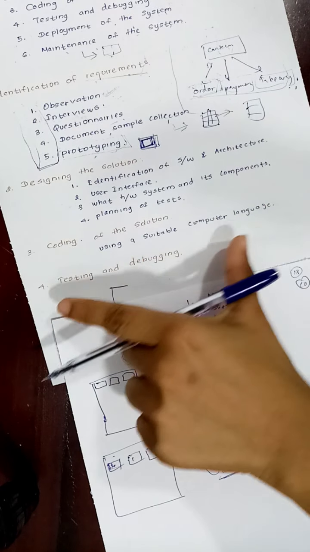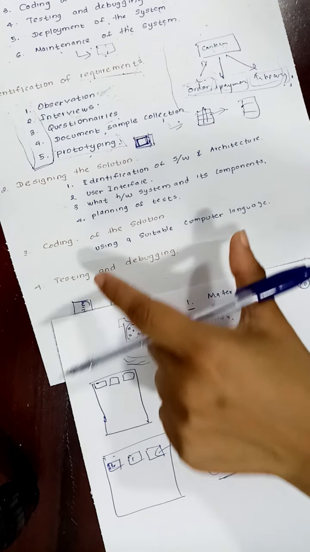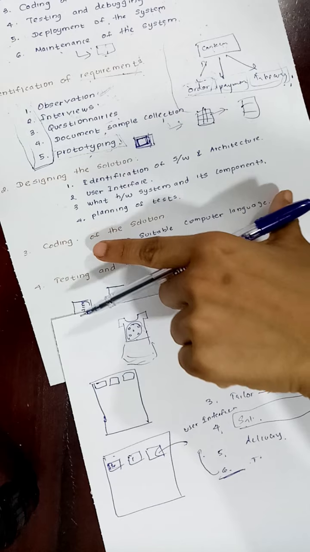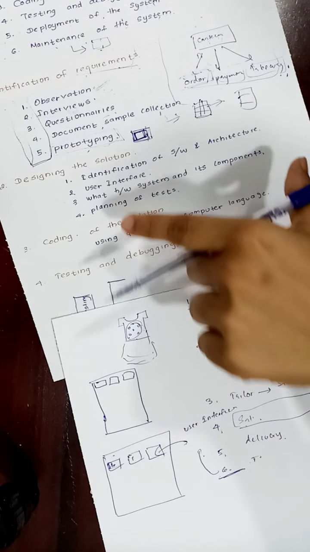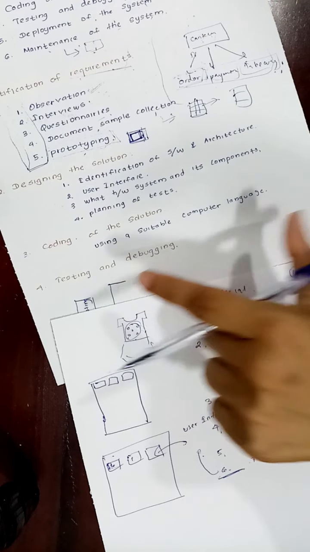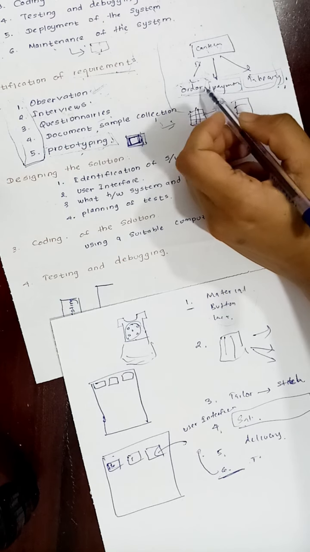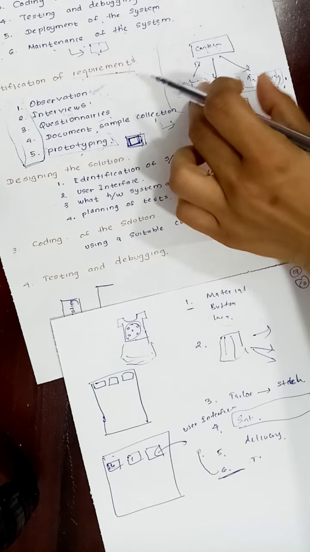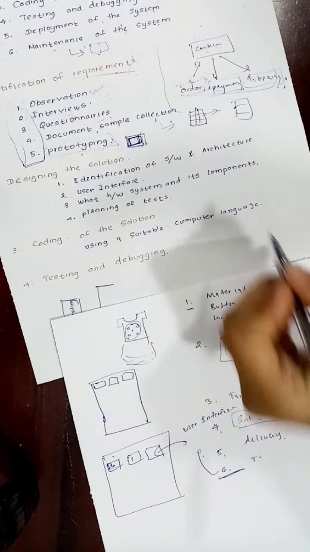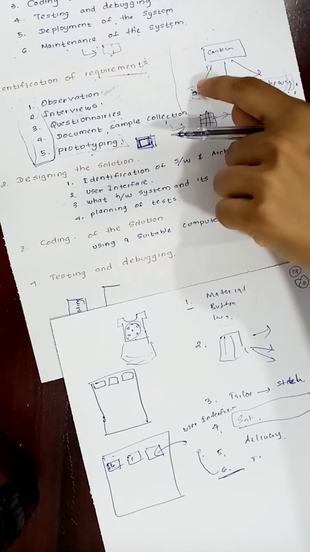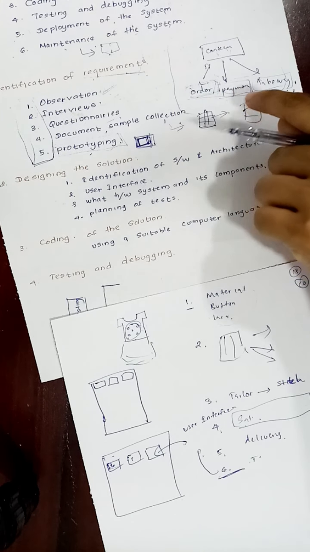Next, testing and debugging. Testing and debugging in the sense, now the developer has developed the software. Now he wants to check whether the developed functions are okay or not. Now here see, for example, you have a payment option. Payment means what? If I order one bun from this canteen and I buy it, I want to pay.